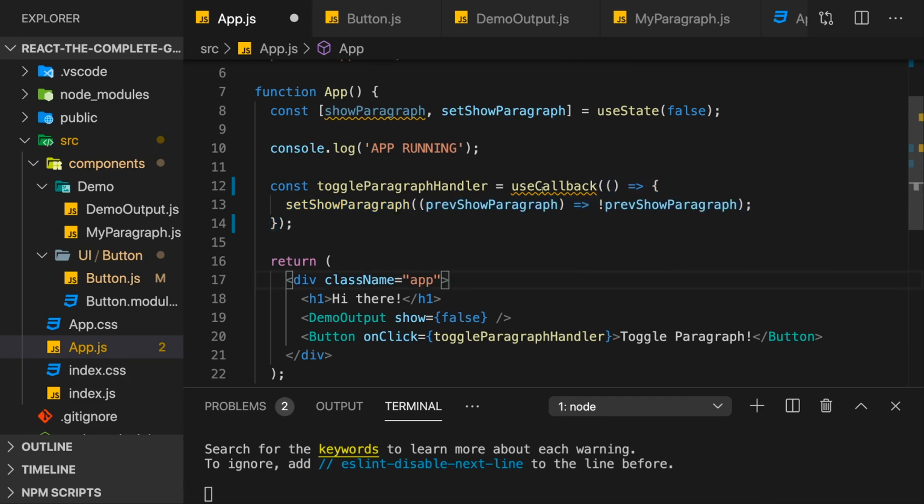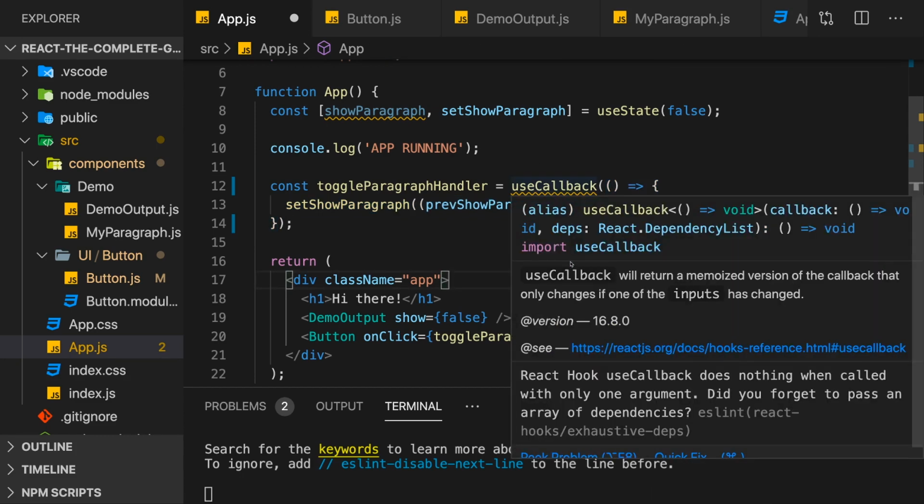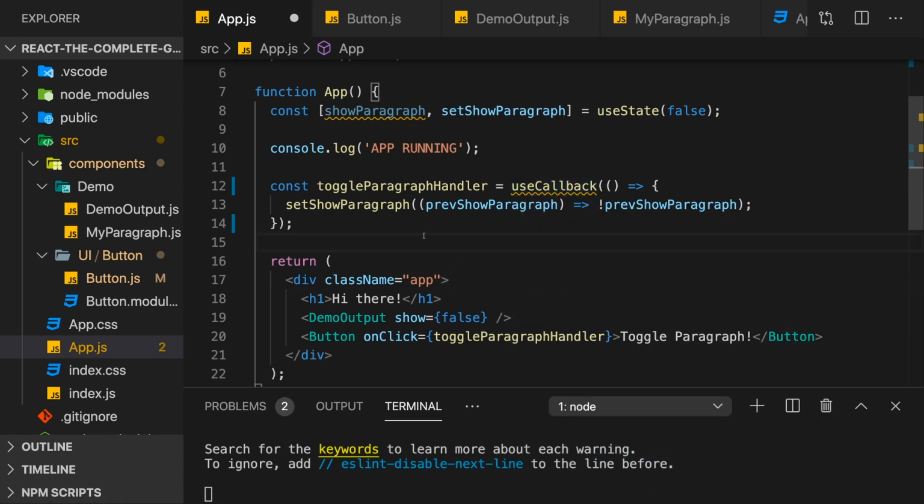Now you see I got some yellow squiggly lines here though, which tells me that I did probably forget to pass an array of dependencies. useCallback, like useEffect, actually wants a second argument, and it wants it even more so than useEffect. And just like for useEffect, the second argument should be an array of dependencies of this useCallback call. And the dependencies here are the same as they are for useEffect. Anything you use in your function, which is coming from the surrounding component, so any state or props or context,